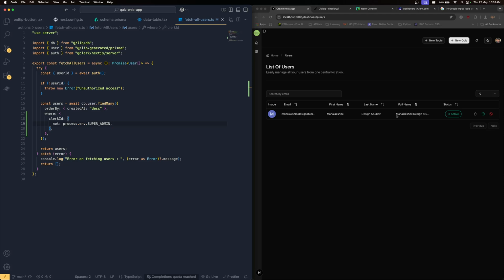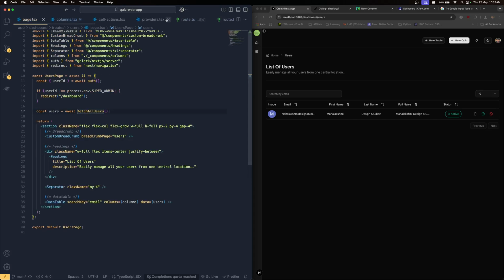First, if the super admin is not showing active in your case, I just manually changed it in my database in the initial stage itself, or you can just make it active. Then you can write these conditions in your fetch all users functions, right? Perfect. Now we have all our fetch all users, which is working perfectly as it's supposed to be, including